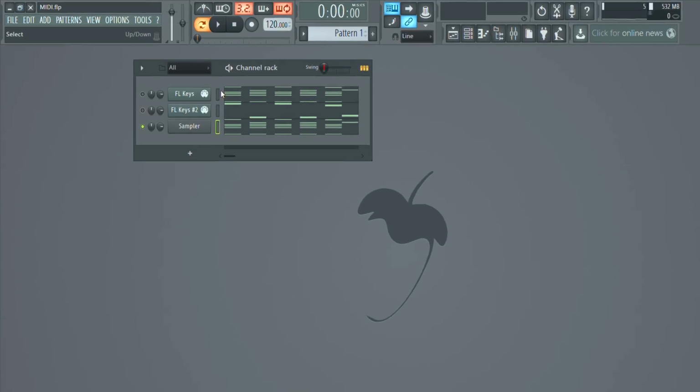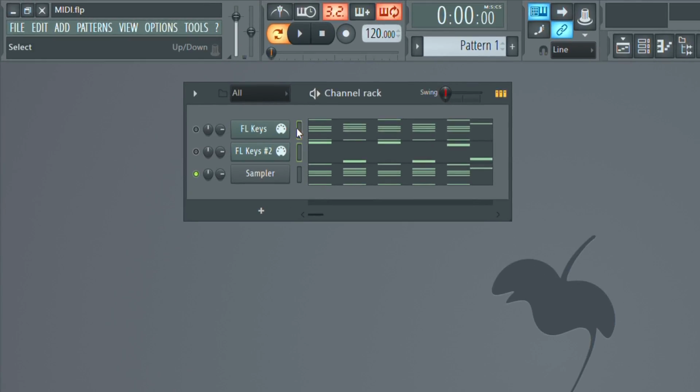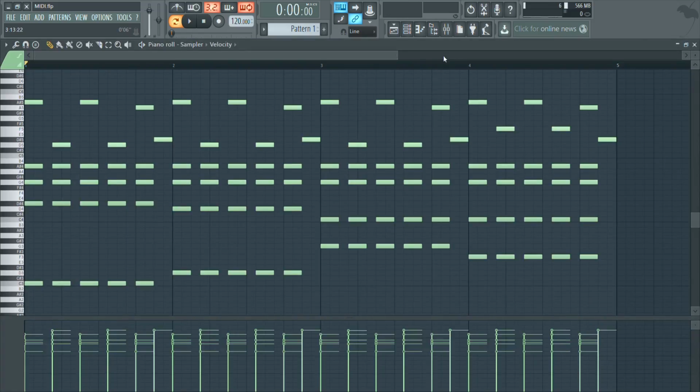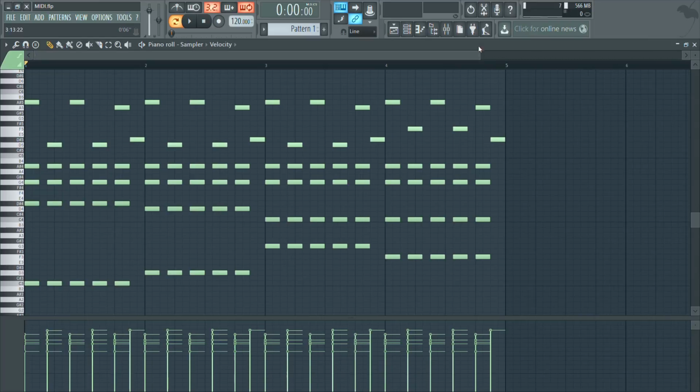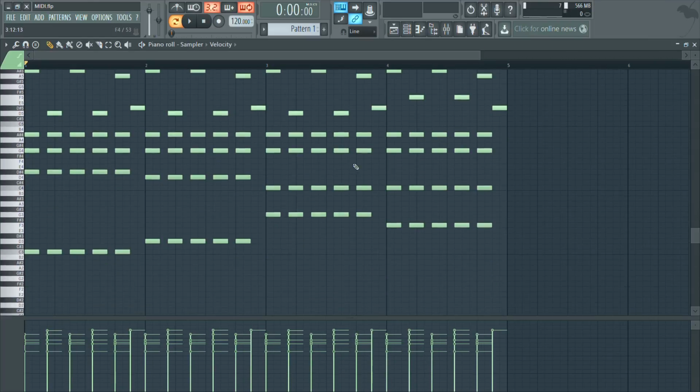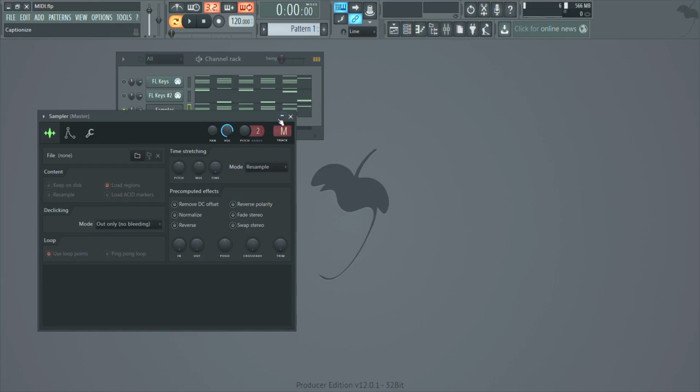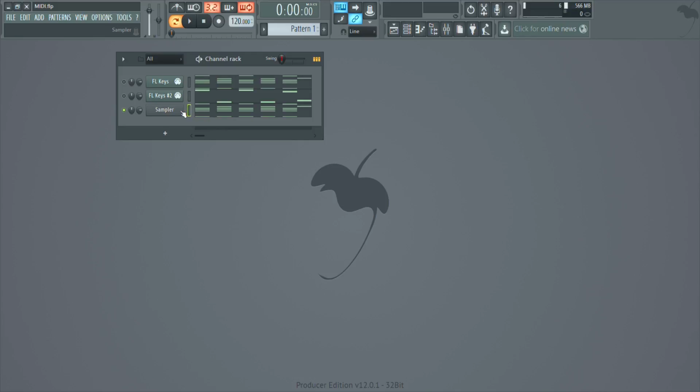And remember, these both were separate. What the macro did is put everything into one pattern. So if you have 100 patterns, it's going to put all the MIDI sequences into one piano roll. And if you want to just have, for example, one part of the pattern,